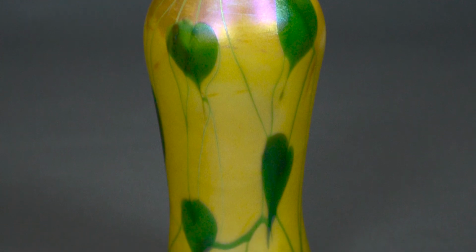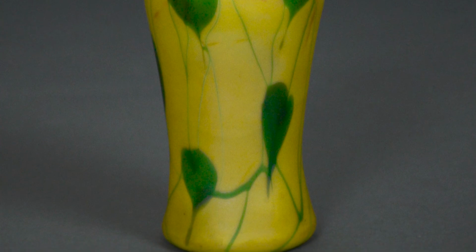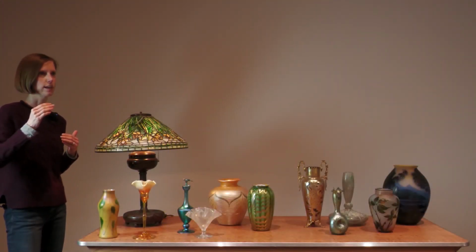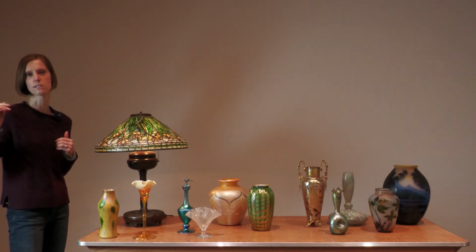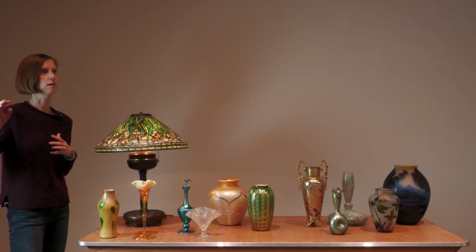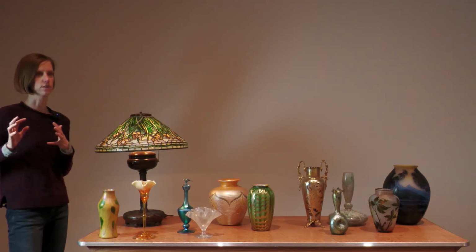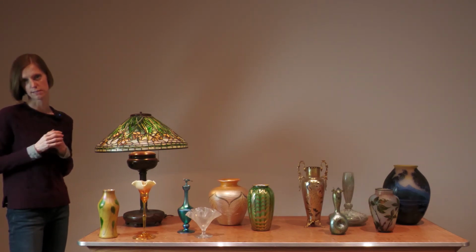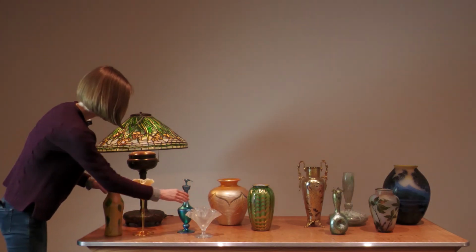And so he calls these Favrile, and he makes all forms of amazing objects. And he, again, uses his travels throughout the world to create forms that talk about international shapes he saw throughout the world in Islamic countries and in Africa. And so he's got a really interesting viewpoint of bringing all different influences into the art he makes. And then over here we've got